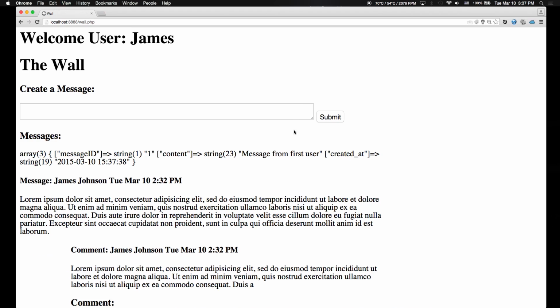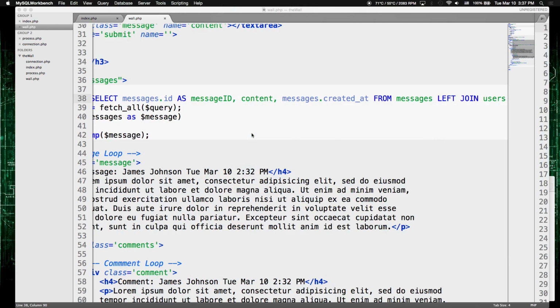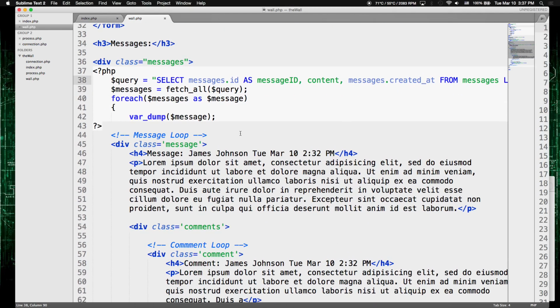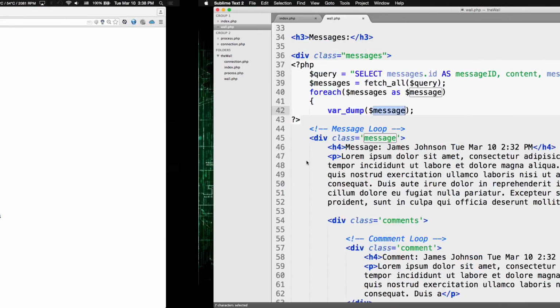So now we can see dates and times. That's all I did. Okay. Now I just have to start replacing things. I know that on the var dump, if I call message and use the associative array pattern to call on message ID, I get the ID of the message. Content, I get the message itself. And created at, I get the date. And I also need to include